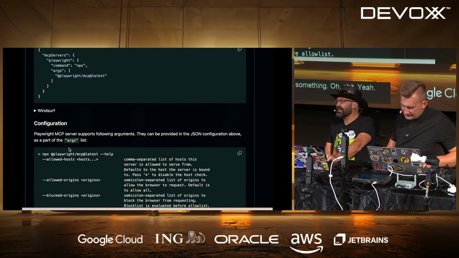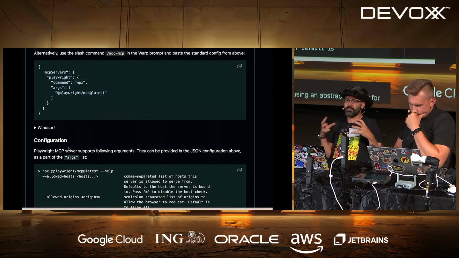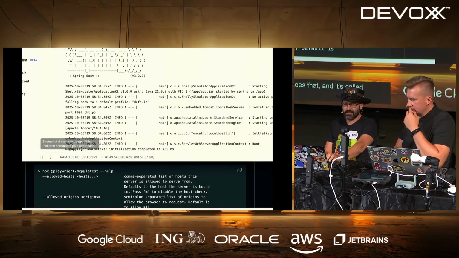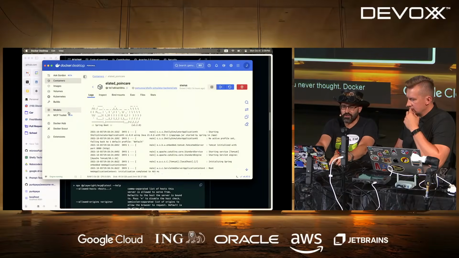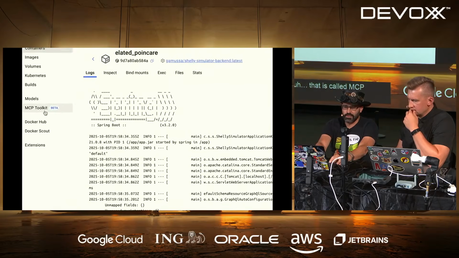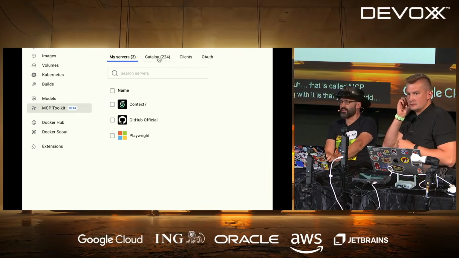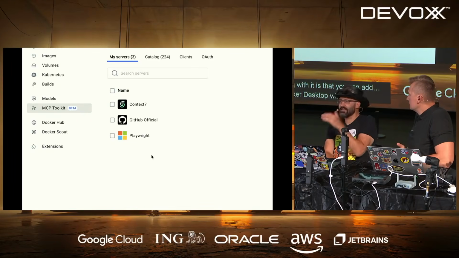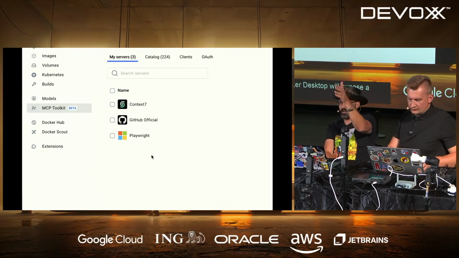So the way to make it a little bit easier for you is using an abstraction layer for all your MCP servers. And there is a tool that does that, and it's called, suddenly, unexpectedly, Docker Desktop. You never thought. Docker Desktop has a very nice feature called MCP Toolkit. It's right here. It's in beta. And the thing with it is that you can add MCP servers from the catalog, and then Docker Desktop will expose a single MCP server with all the tools for your tool.